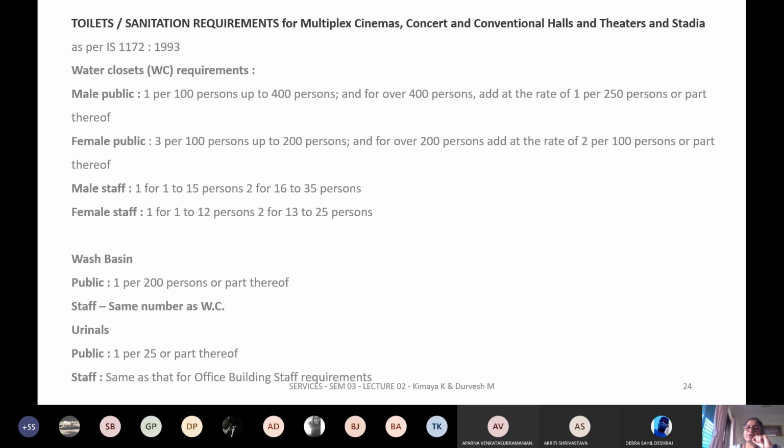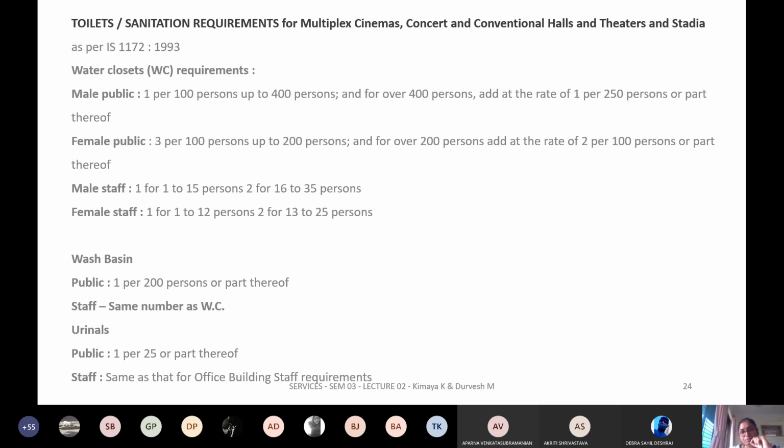So whenever you are calculating any kind of services, there is something called a fixed population, which is nothing but people who are going to occupy and utilize that space for more than 6 or 8 hours. They start the office at 8 o'clock and are going to be there till 6 or 7 or 8, depending on their office hours. That's a fixed population.